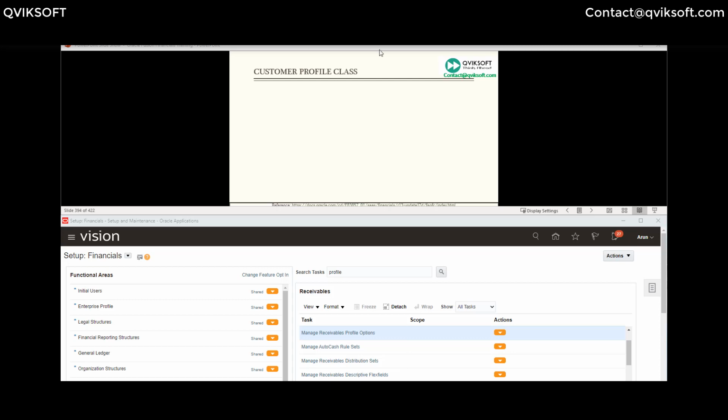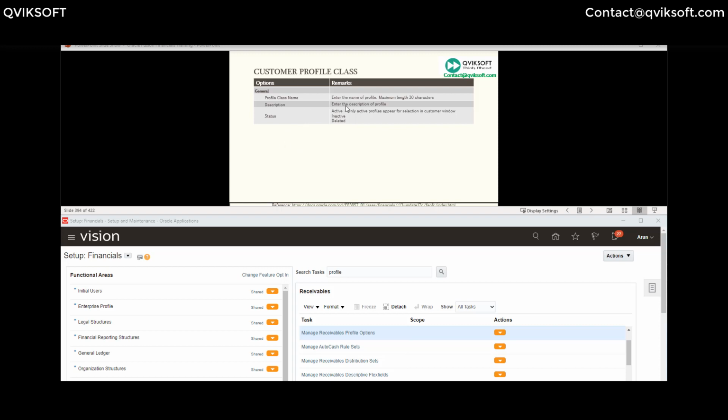You can change it as per your need at the customer level. Data in customer profile class is grouped in various sections. So we'll be covering each section to understand what kind of data is maintained in that particular section. And at the same time, while I'm sharing the concept with you, I will also show you parallelly how this is done. So in a profile class, we need to maintain this information.